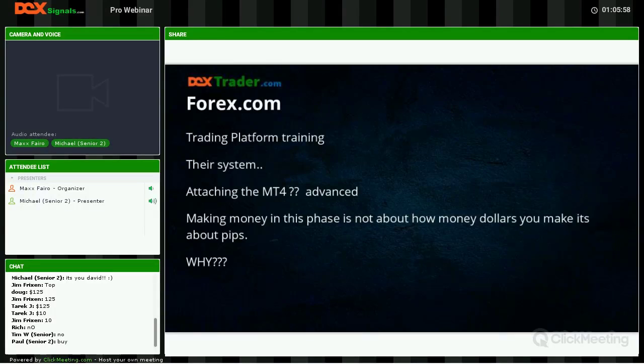Now, always keep in mind, in this very beginning phase, if you're going to trade Forex, like if you're trading anything, it's not about making money in the very beginning. What is it about? It's about the pips. It's about the pips, right? Can anybody tell me why it's about the pips? Anybody in the room? Can you tell me as an ending note here today? Come on, don't make me push this button before anybody answers. Why is it about the pips?